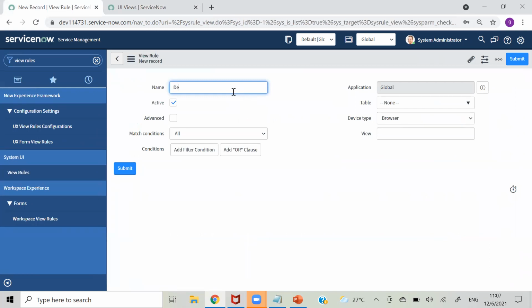I'm giving the name demo Gautam view. Oh, sorry. User view, user Gautam view. I'm giving advanced.